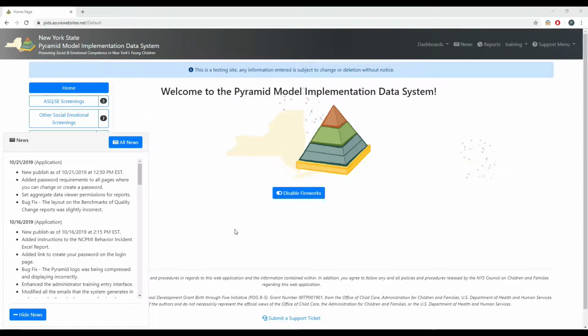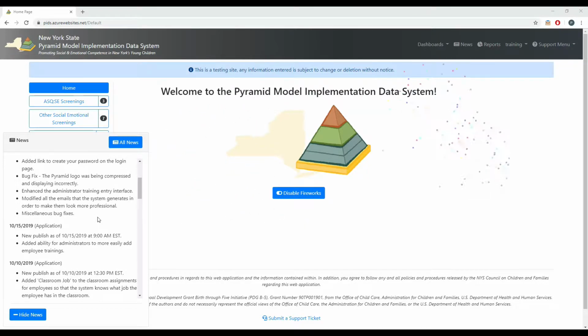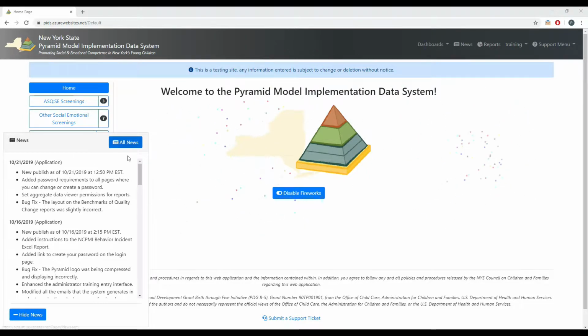On the home dashboard we have the news on the left and the fireworks in the center. So I'll start with the news. The news contains application news, which is bug fixes, feature additions, and changes to the data system itself. It also contains program news, which is information from leadership teams and other program sources, and hub news, which is news from the hubs. You can scroll down to see older news,